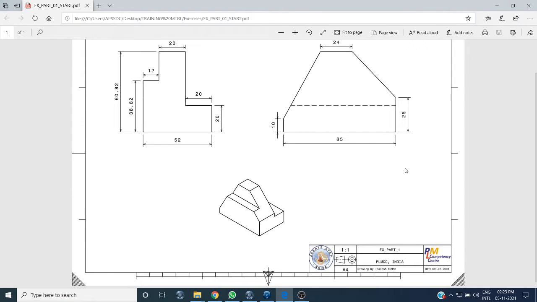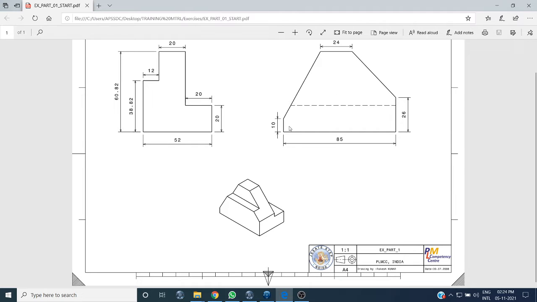Hi everyone. After completion of Sketcher session, we will come to the design session. In here we will design the 3D modeling. As you can see in the picture, this is your isometric view, and you can assume one of the views is a front view and another a side view. These three views are correlated to each other.